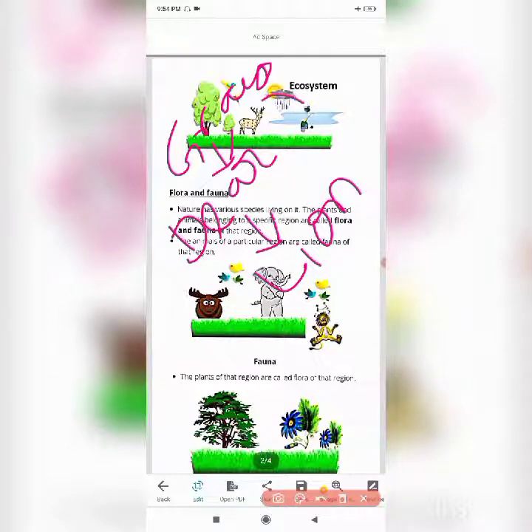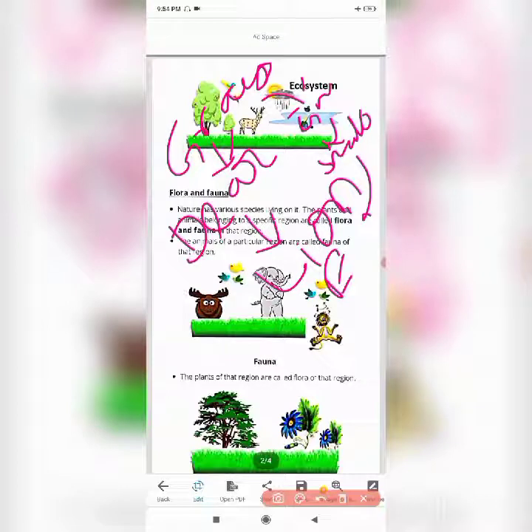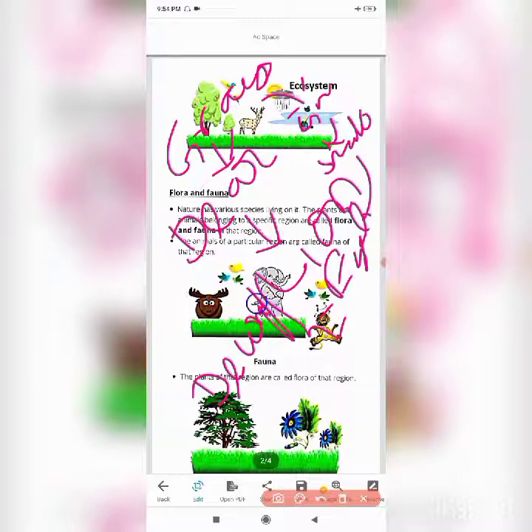Grass can be eaten by grasshopper. Grasshopper can be eaten by snake. Snake can be eaten by eagle. And when eagle and lion die, they get decomposed by decomposers. So this ecosystem runs like a food chain. This food chain has to be maintained and balanced in nature,